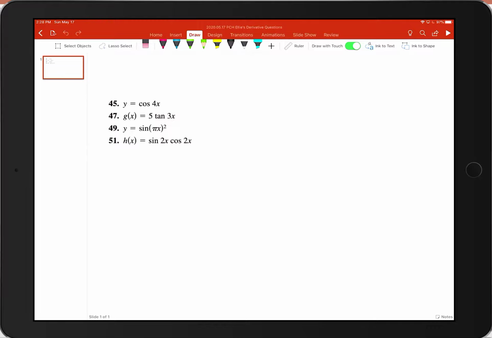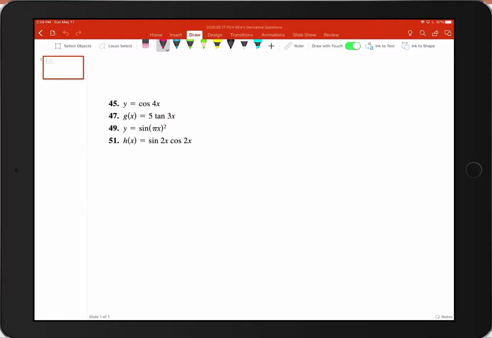Okay, everybody. So Ellie had some questions on these derivatives, and I'm just going to roll through them real quick. So the only goal is to find y prime. This involves using the trigonometry that we went over and a mix of the chain rule and the product rule. Don't think we have to use the quotient rule, not if you remember the shortcuts for the various trigonometric functions